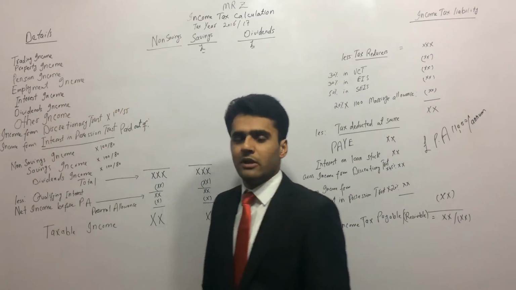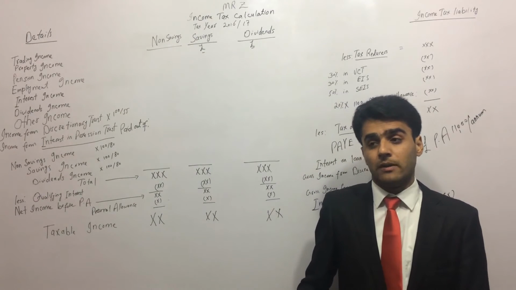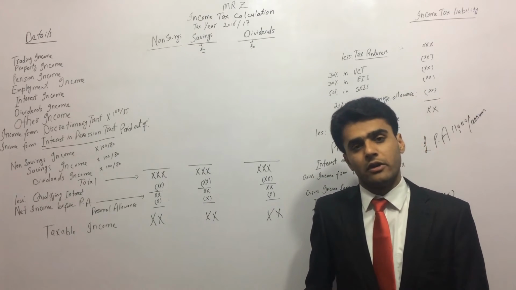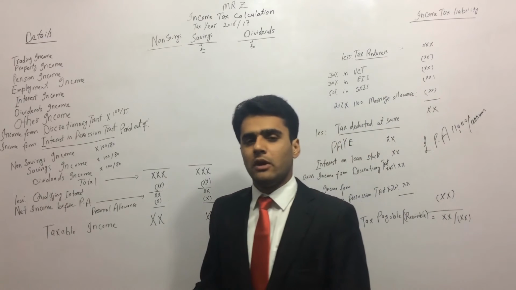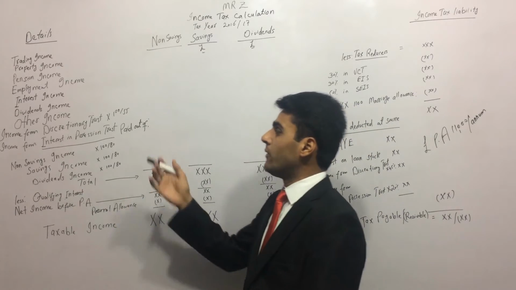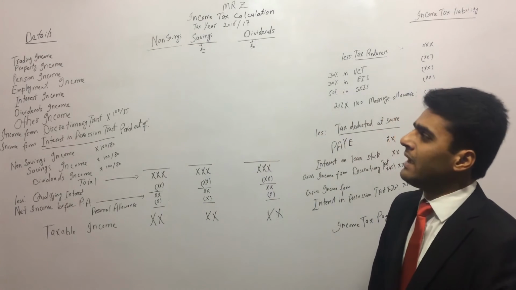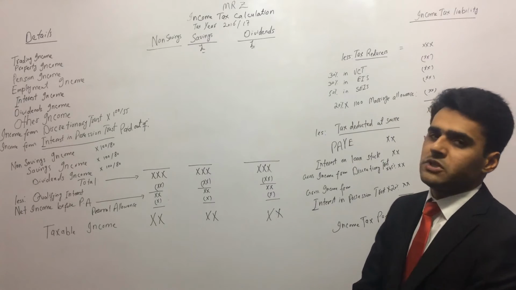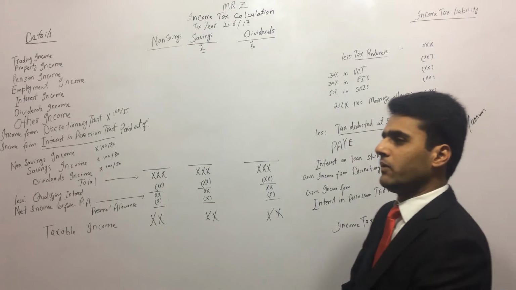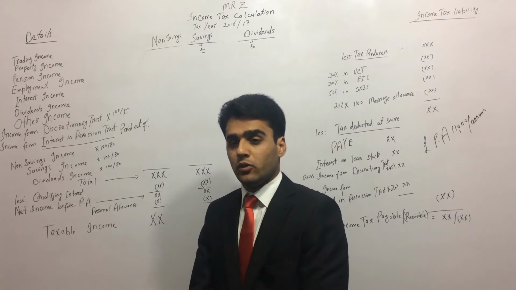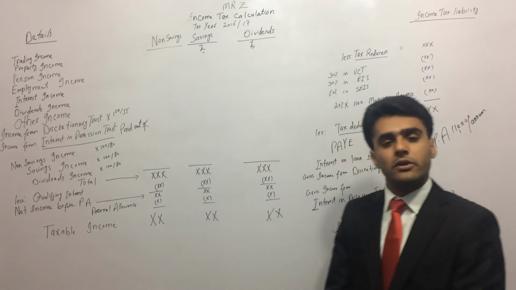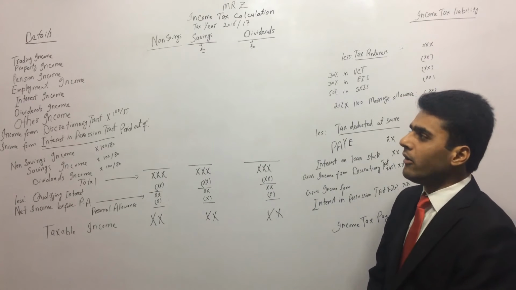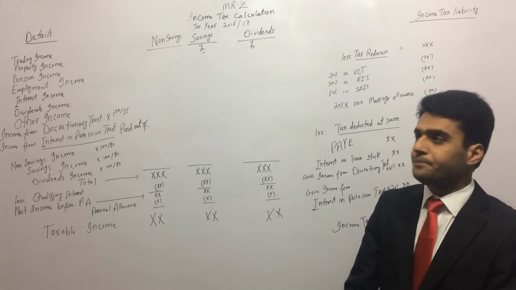So trading income is the income if I'm doing some business. Mr. Z was doing a business, so he had some income. So I went ahead and put the trading income. Then he said I have some property income as well, because I have a property which I let to my tenants. So I'm earning some rent every month. So I said, all right, then I wrote down property income as well.